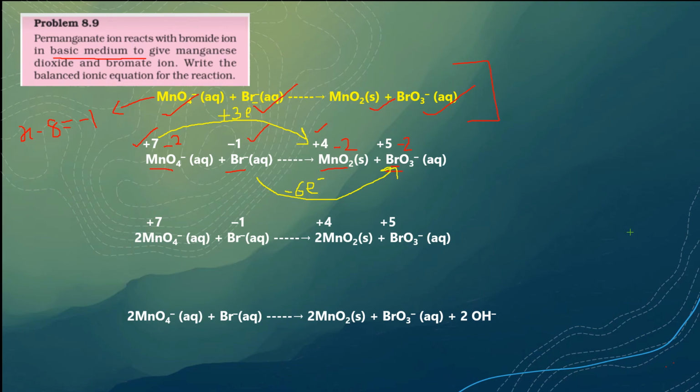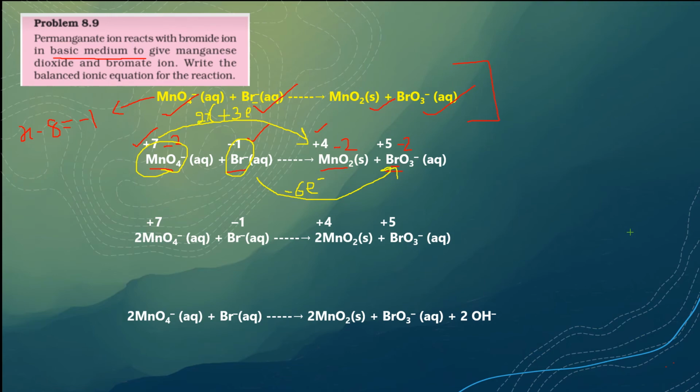But before that, can we identify the reducing agent and oxidizing agent from here? Let us see. MnO4 minus, permanganate ion, is taking electrons, so it is getting reduced. So this should be the oxidizing agent. And Br from -1 is changing to +5. This is itself getting oxidized. So Br minus, bromide ion, should be the reducing agent because it is providing electrons for the reduction of something else, right? Now to make the electrons lost and gained equal, I need to multiply this 3 by 2.